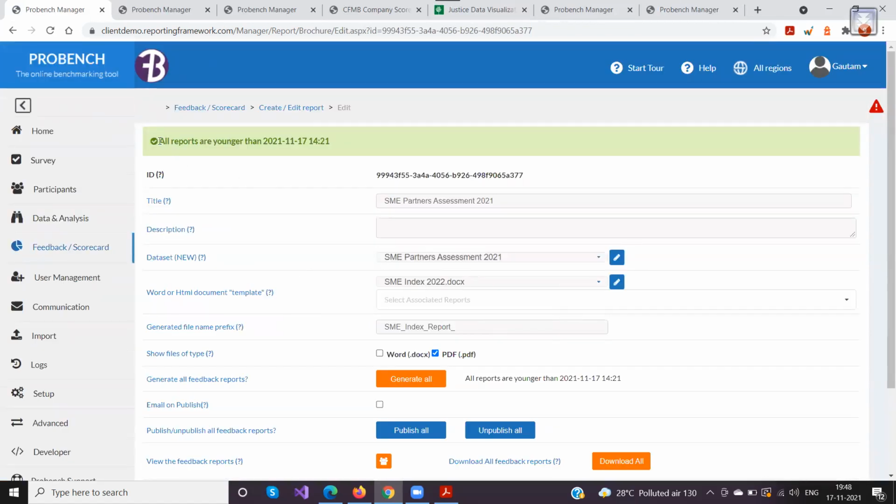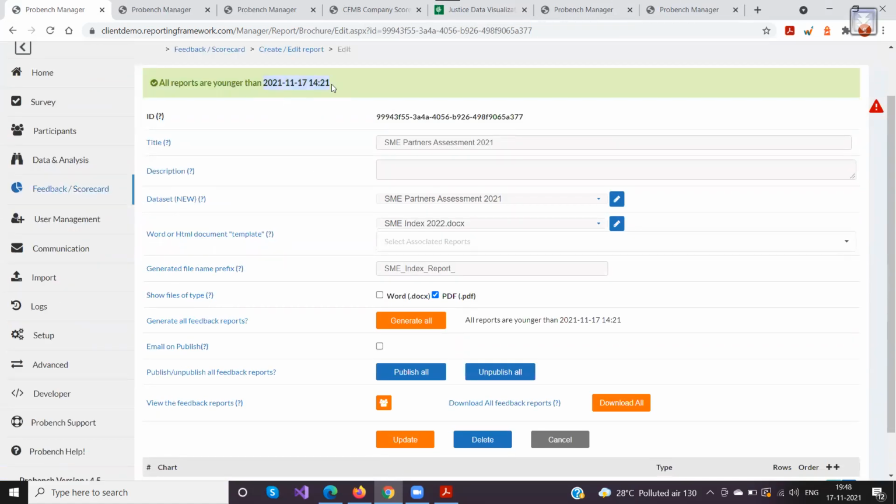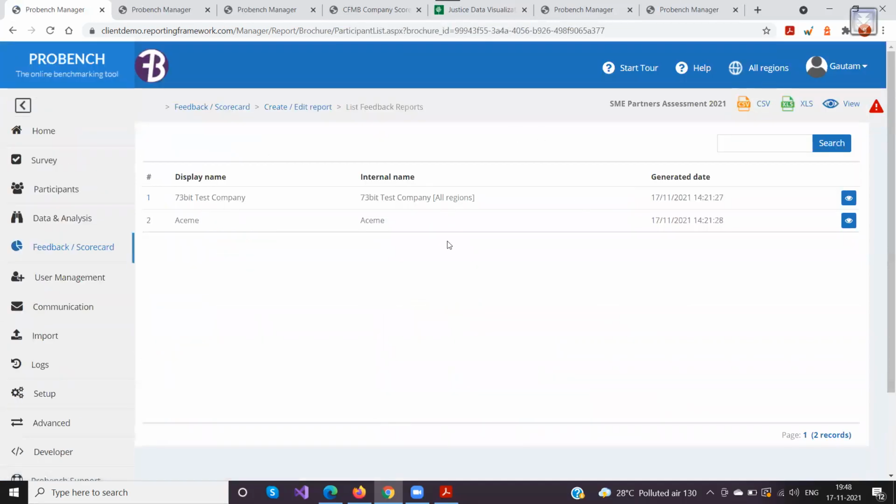Generate all would tell you that all reports are younger. That is okay, because your data set generated date is greater than the reports that are generated, because currently they are not generated. If you have not generated the data set beforehand, then the list of companies won't come up here in the first place. There are also possibilities that you found something wrong after the reports were generated, and you try to generate all again because you are not getting the latest data.